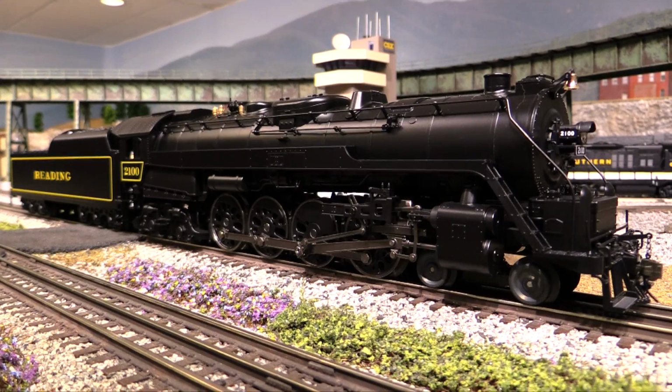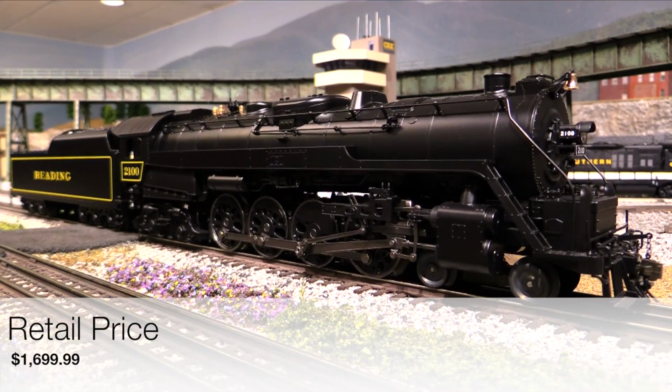Now, no matter which T1 you choose to purchase, the price is the same. The retail price on this engine is right at $1,700, so it's not cheap. But keep in mind that is the retail price. If you go through a good Lionel dealer, you should be able to get a little bit of a discount